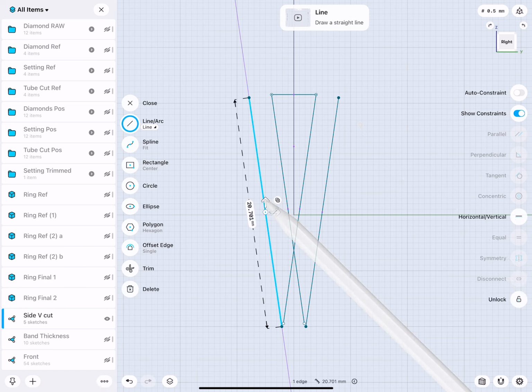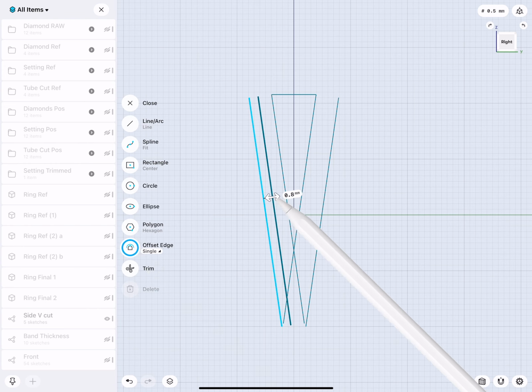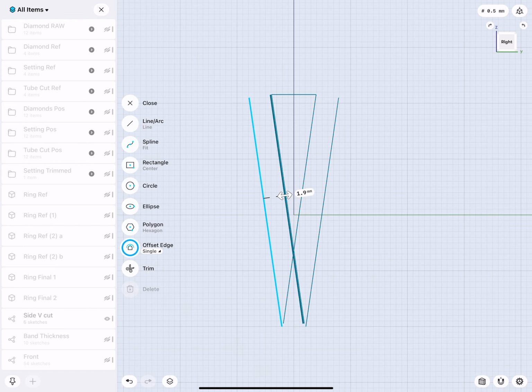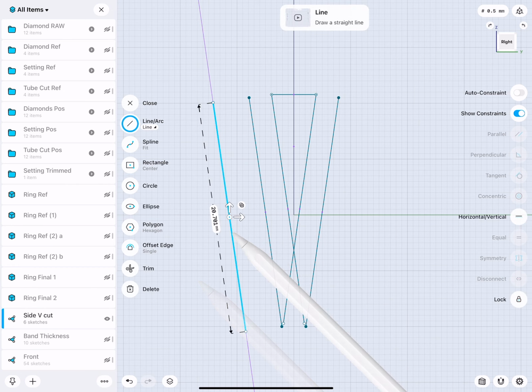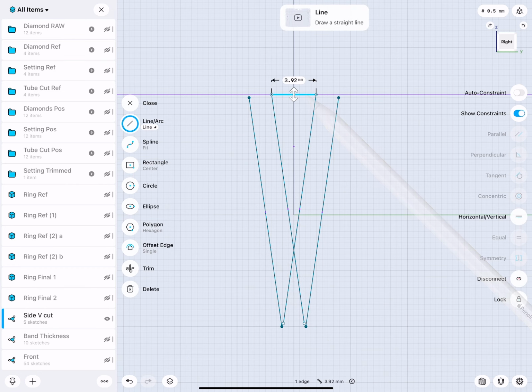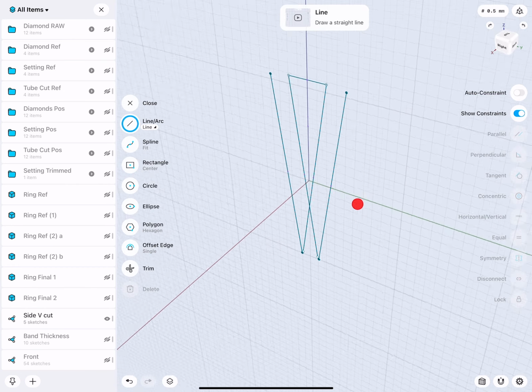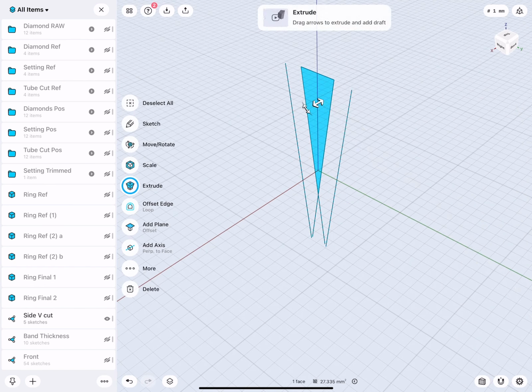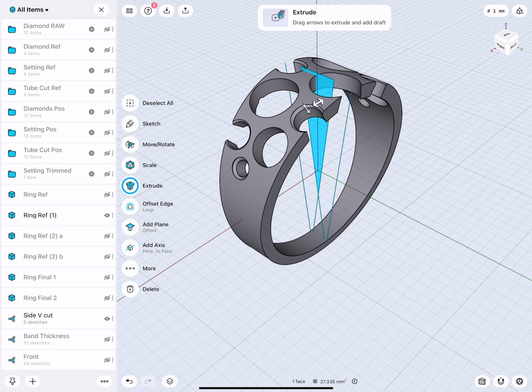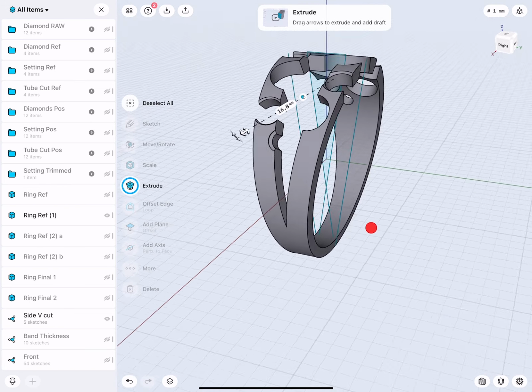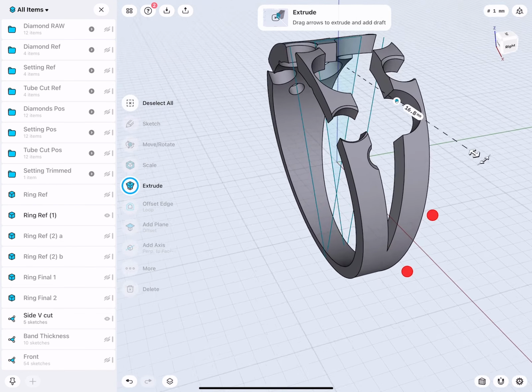And then I used the offset command to create myself two offsets and connected a line, because then I have a nice V. With this V, I can simply make a cut. There you see.